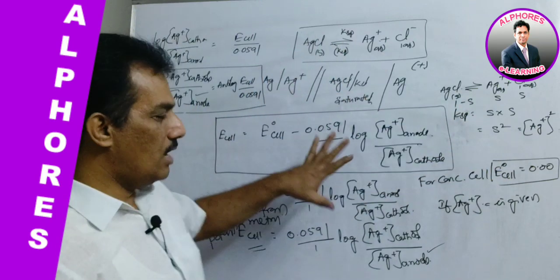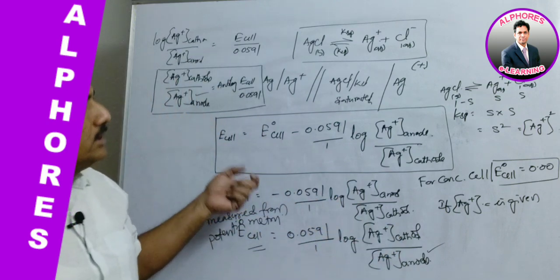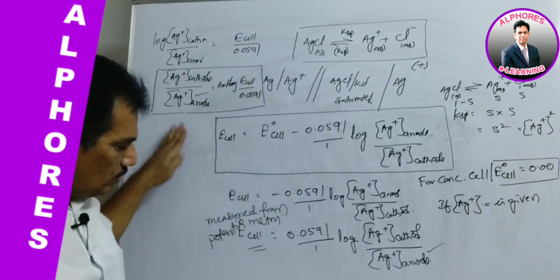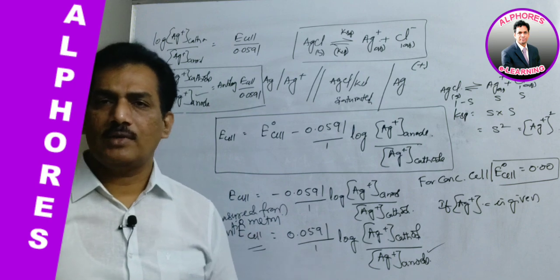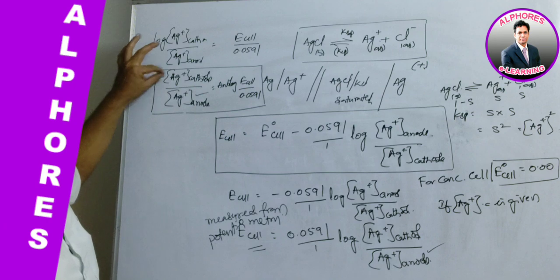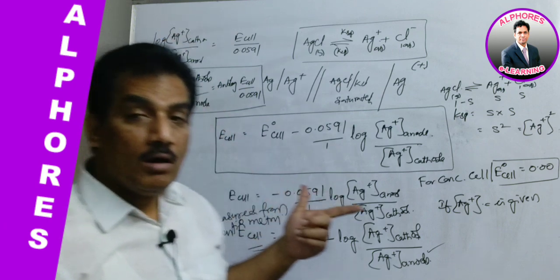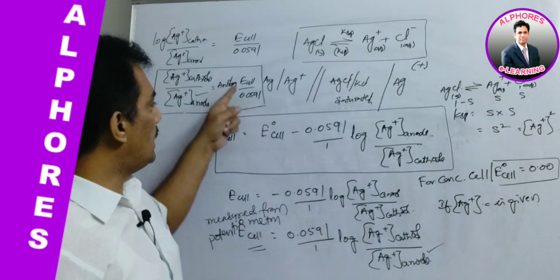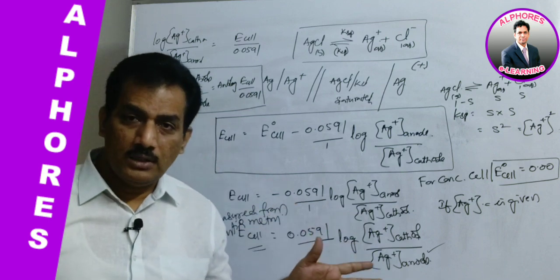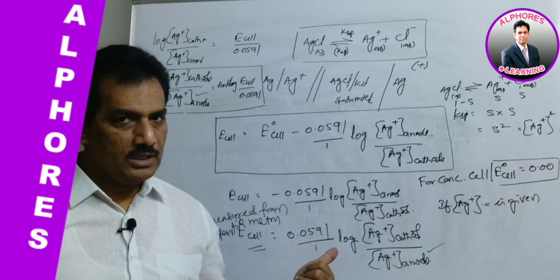Like that, they are asking for relations. In our NEET syllabus, if they give this value, you can directly go for that relation. But here I am showing you how we derive that relation. Actually, directly you can go for Ag plus cathode equal to Ag plus anode into antilog of E cell by 0.0591. Here E cell is 0. Why is it 0? Because it is a concentration cell. Are you clear with this one?